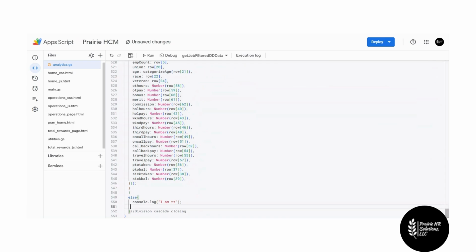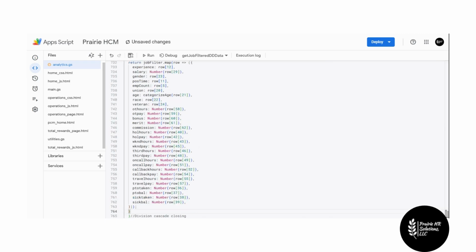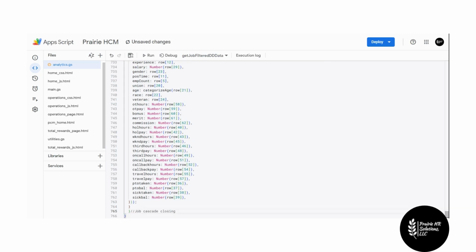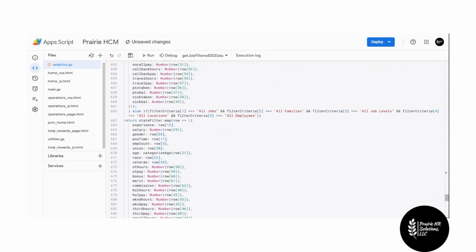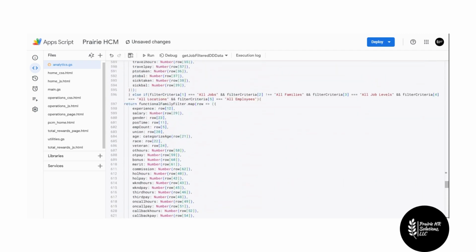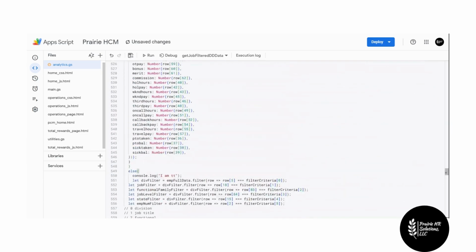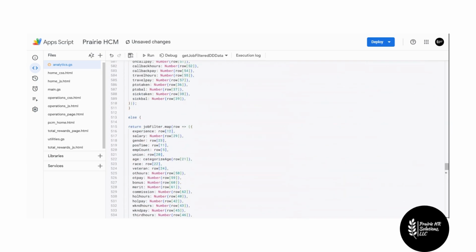IMTT, we need to paste this. Now this is not going to be the division closing. This is going to be the job closing. So let's make sure that this ends where we need it to end. So if you select it, it'll highlight the other part of it. That other part of it should be